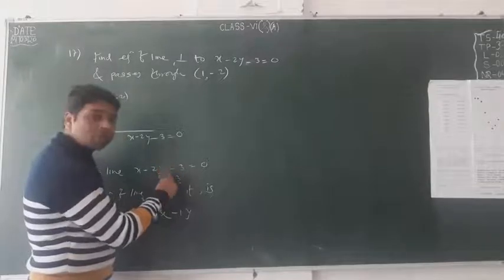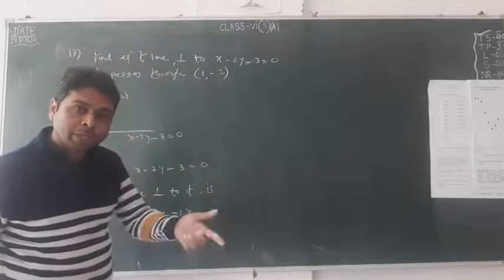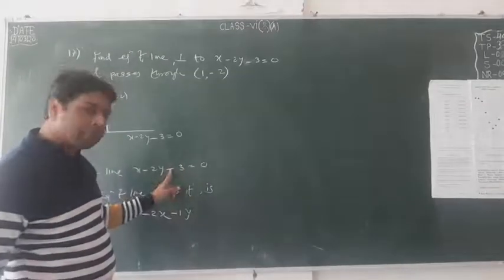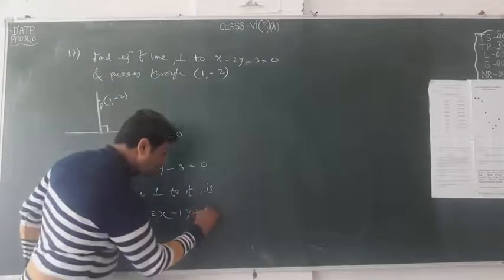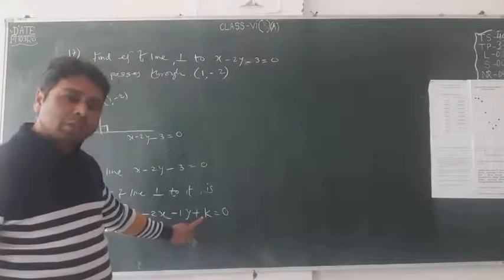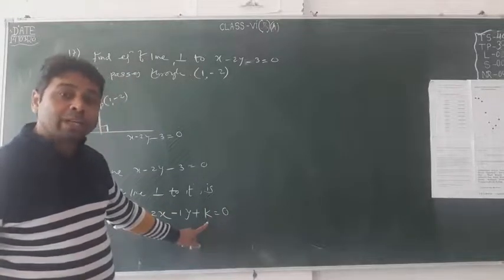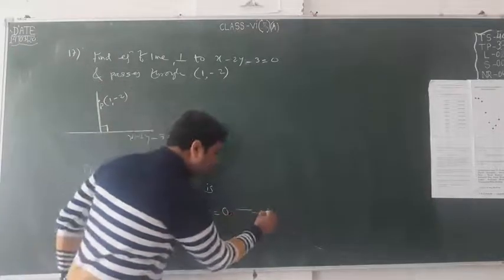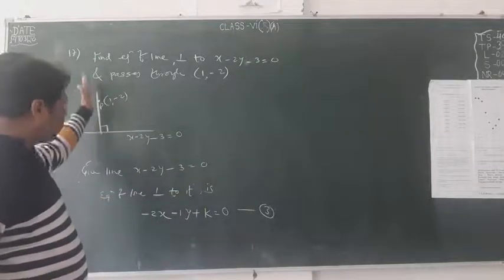And instead of that constant minus 3, I will choose one constant. You can say lambda, you can say k, or something else. I always prefer plus, but you can also choose minus, no matter. So this is my answer. But you can understand that this answer is still not fixed, because it has k. So first I will find k. Remember that this is the line you got, which is required in the form of k.